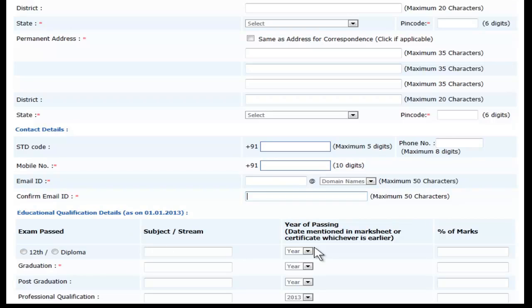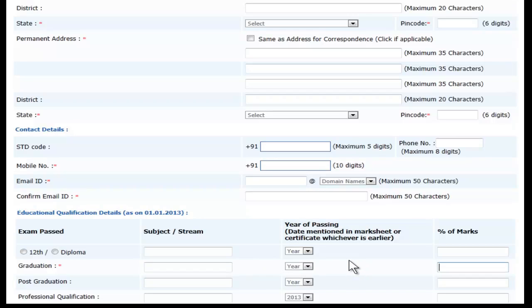Again, the next column has educational qualification details as on 1/1/2013. They asked about 12th and the subjects you had, the year and the percentage of marks. Again, graduation, you need to be a graduate as on 1/1/2013. And then your subjects, year of passing, and the percentage of marks.